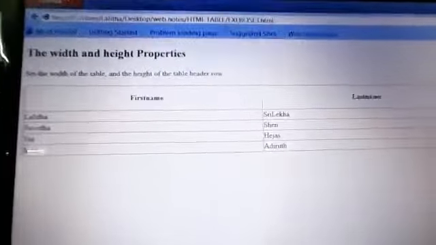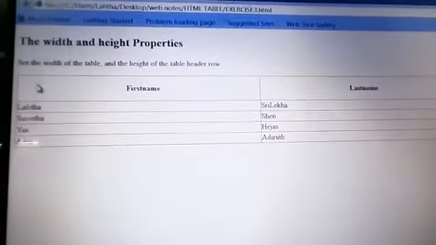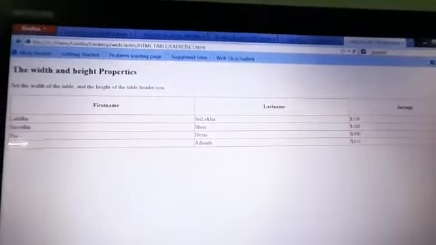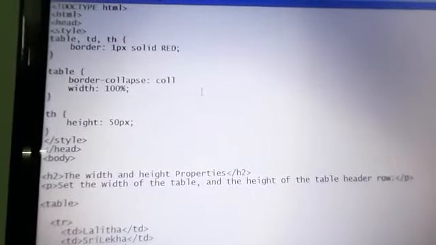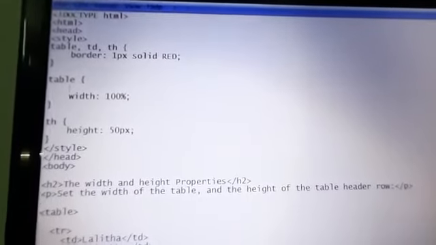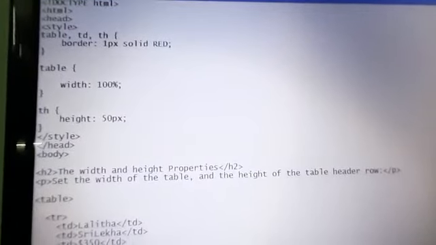See here, so this is called a table. Here in the coding, I added the collapse. Now I am going to delete this attribute. Whenever I add the collapse border, it defines a single border for everything.